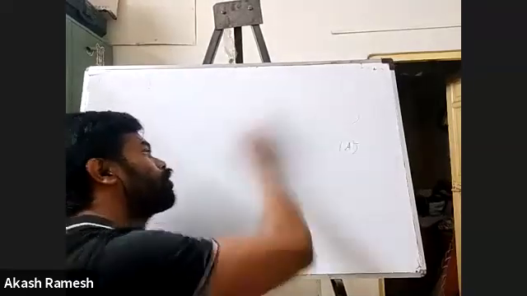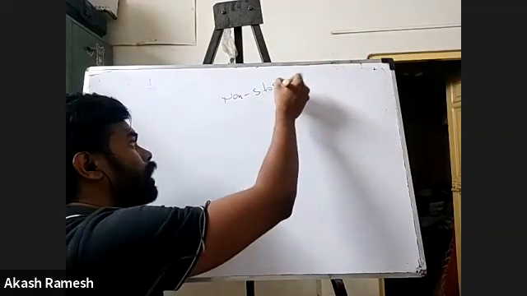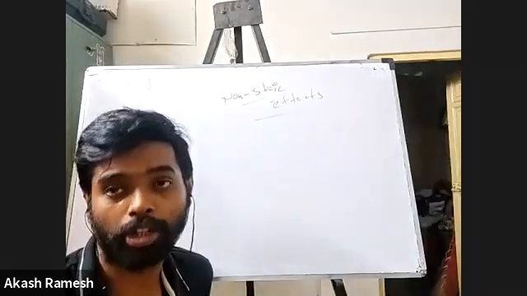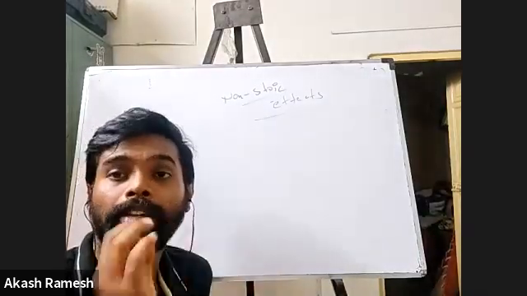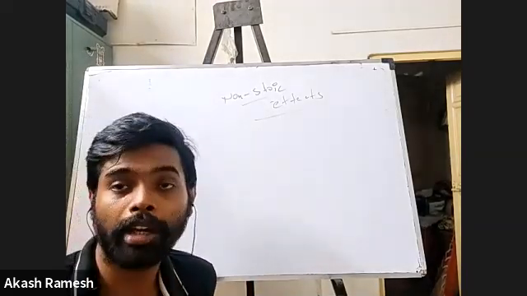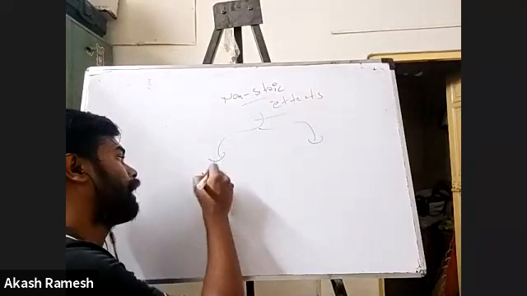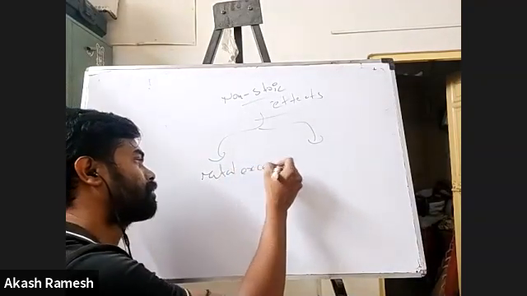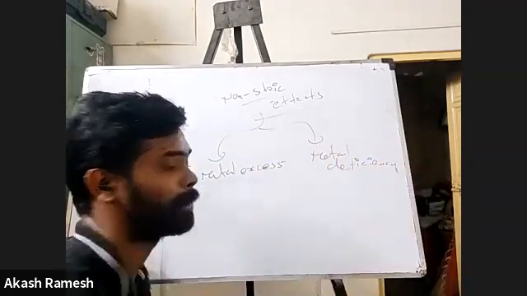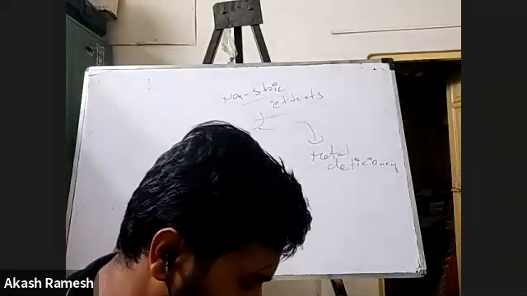Now, when I go for non-stoichiometric defects, because of these defects, there is going to be a change in the stoichiometry. These can be of two types. I can have metal excess defects, or I can have metal deficiency defects. From the name itself, you can understand. Now, when I go for metal excess defects,